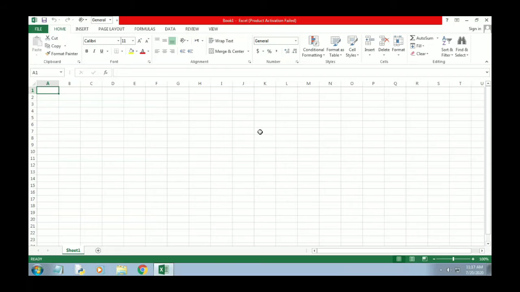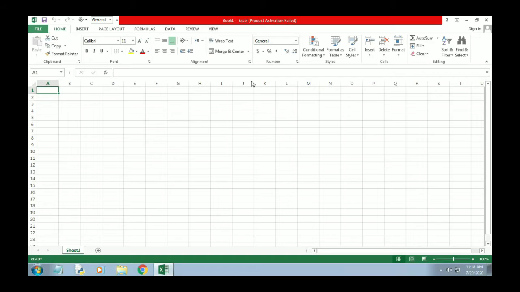Now we have different components in MS Excel, and I am going to tell you about them right now. Here we have first the title bar.